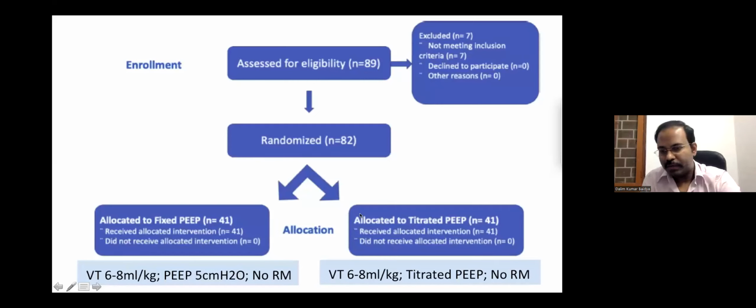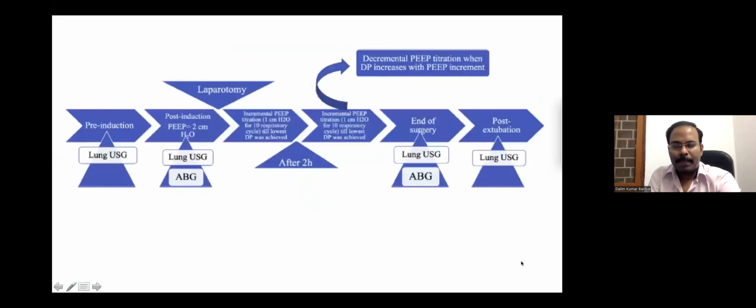Now, recruitment maneuver we did not use, because by this time there is some good data which suggests that there can be significant lung injury with the use of high pressure recruitment maneuver. So we avoided recruitment maneuver in both the groups. So what happened, just to tell you about the titration method,